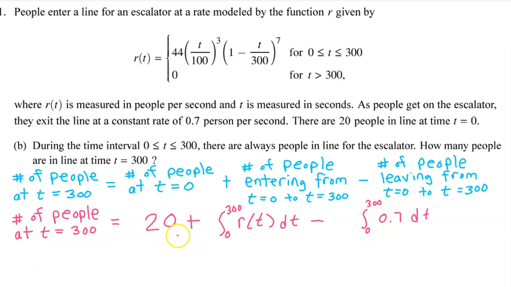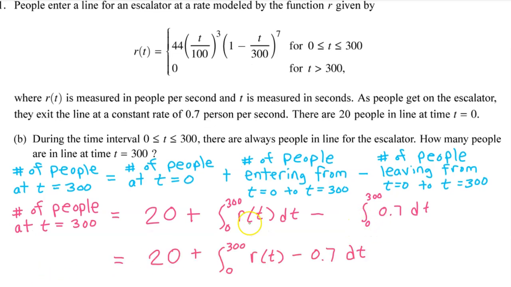We could type this whole expression into our graphing calculator right now and get the answer. However, we can simplify this a little bit if we want to. Because both of these integrals have exactly the same limits of integration, they are both from 0 to 300, we can combine them into a single integral like this. So this is the expression that I'm going to type into my calculator, except when I get to the r of t part,